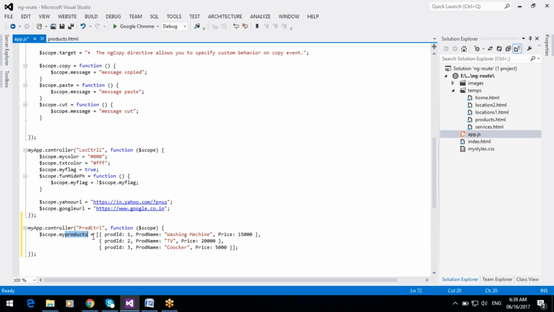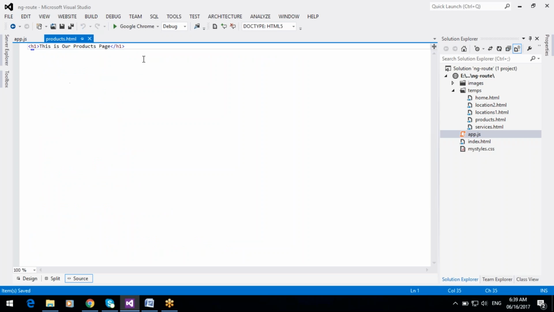So this is the product information object, and this object is equal to a JSON object. JSON data also should be like this. We can use this scope object, my products, and display it in table format.